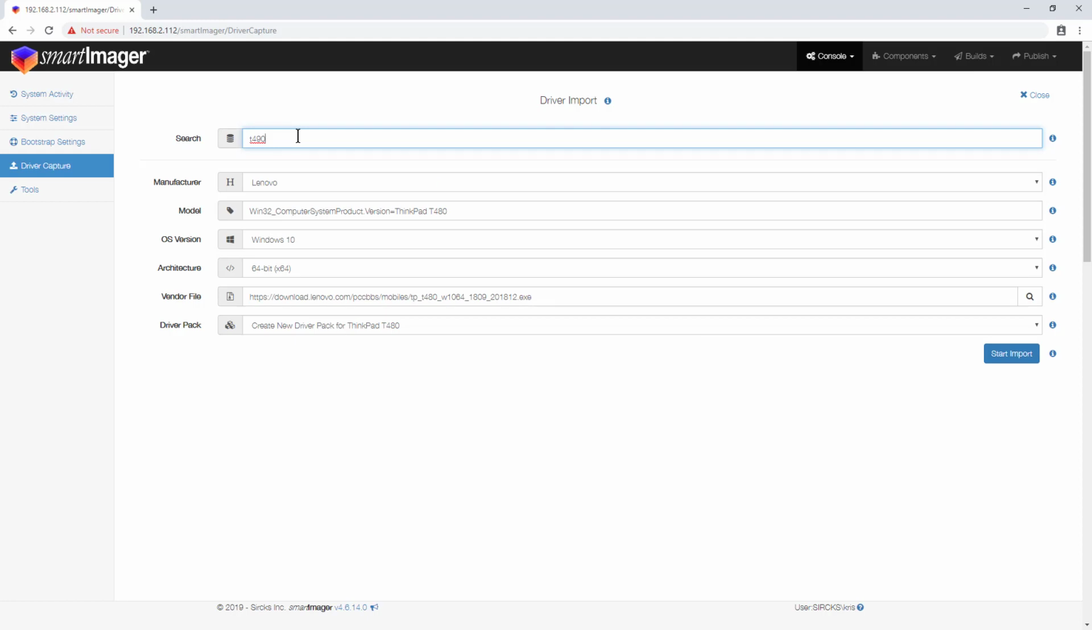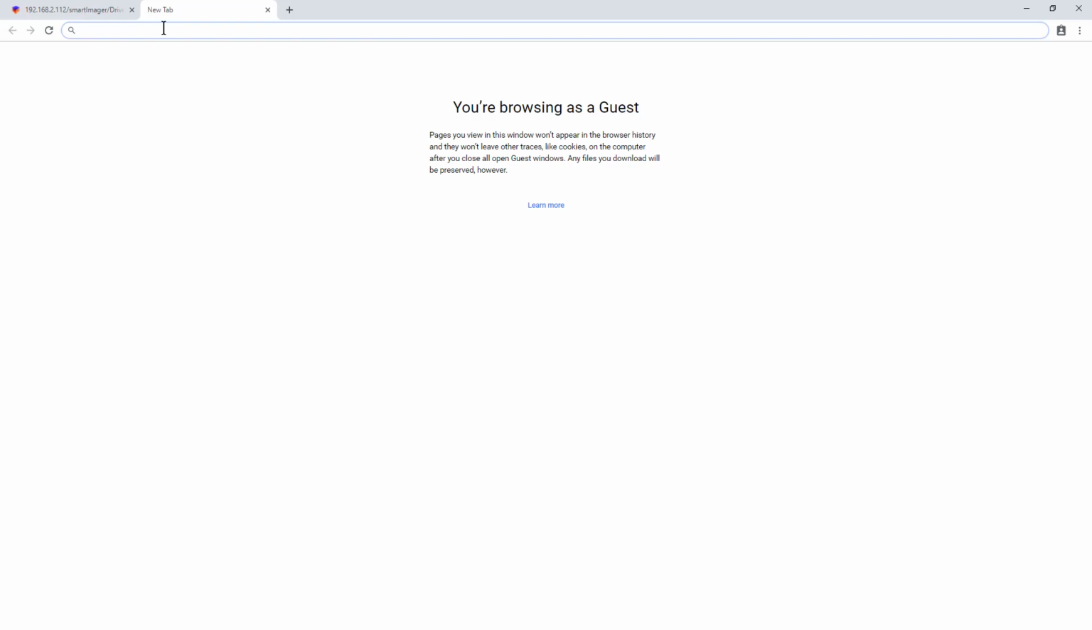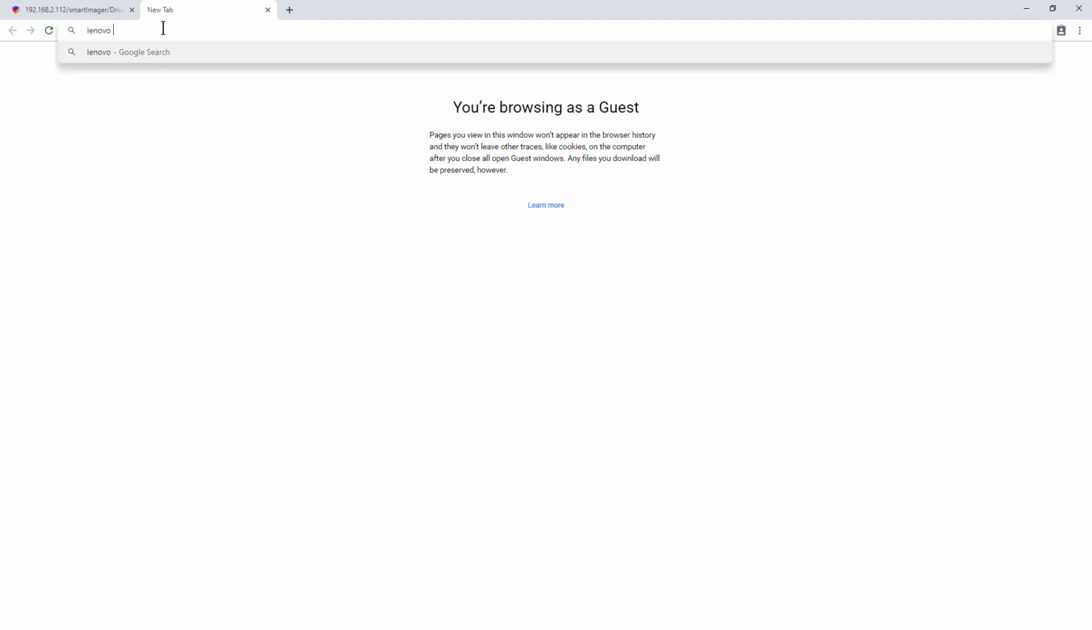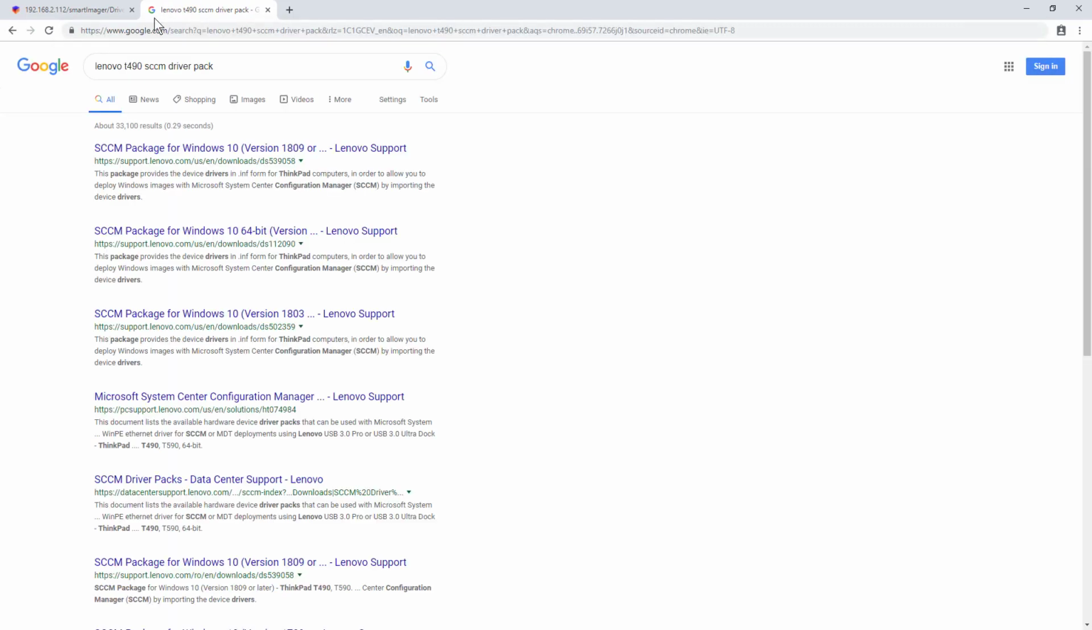So what I'm going to do is I'm going to leave it at T490. I'm going to find something close, in this case the T480, but I'm going to change this from the T480 to T490, and then I'm going to search for the actual driver pack. So I'm going to open up a new tab, and I'm going to search for Lenovo T490 SCCM driver pack. And I'm going to hit enter, and I'm just going to go to the second hit